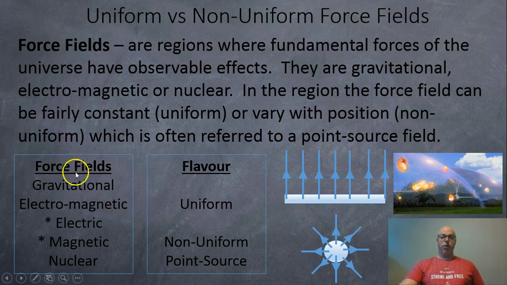So, the force fields, we got gravitational, electromagnetic, which is electric and magnetic, and we got nuclear. We're not going to look at nuclear in this course, it's just beyond the scope of our course. And then we got the two flavors. We got the uniform, where the lines are all parallel like this, and the force field strength is the same everywhere within the region. Or we got non-uniform, where the field lines meet at a point, and it's a little